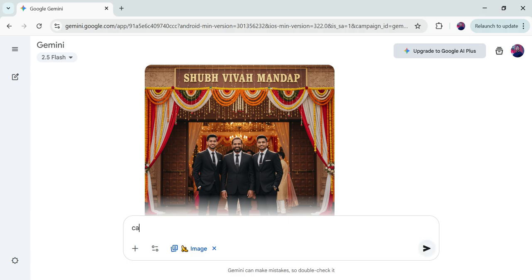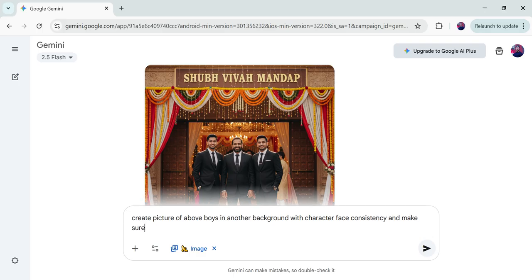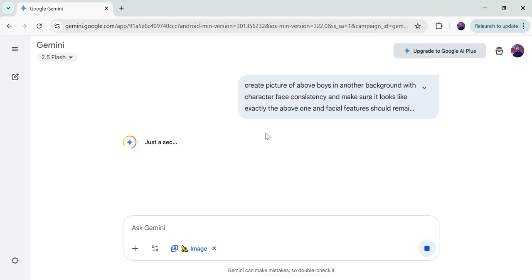Now we will write: create picture of above person in another background with character face consistency, and make sure it looks exactly like the above one and facial features should remain same. And now I will hit the enter button and it will create an image with the same character consistency.